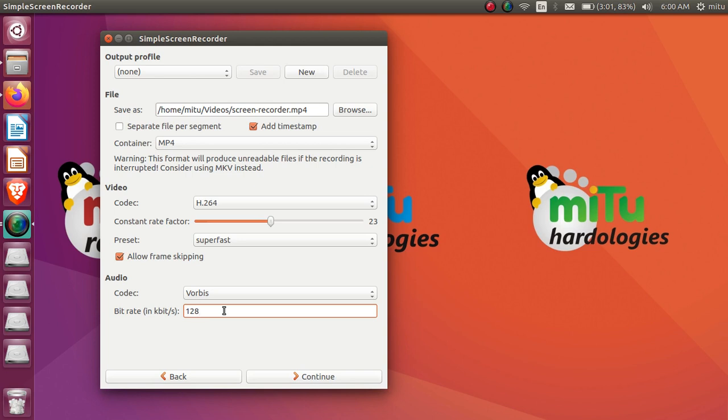You can change this from 128 to 256 or 512. Obviously the clarity of the audio and the information it carries, like bass and treble, also depends upon this bit rate of the audio. So I'm keeping 128, a very standard bit rate, which is suitable for general videos. So let's continue.